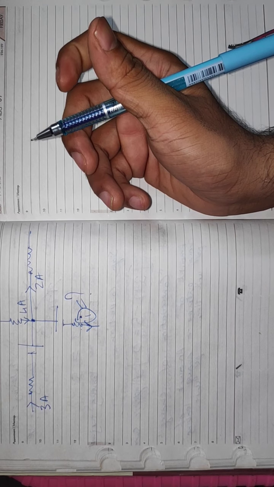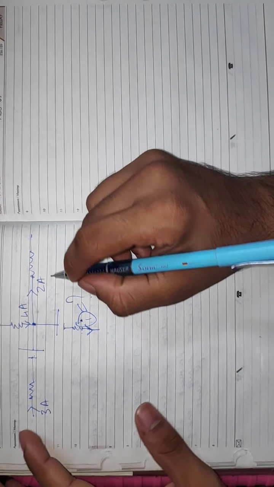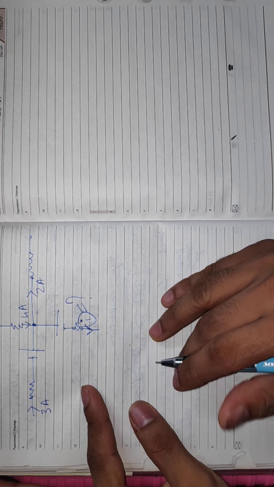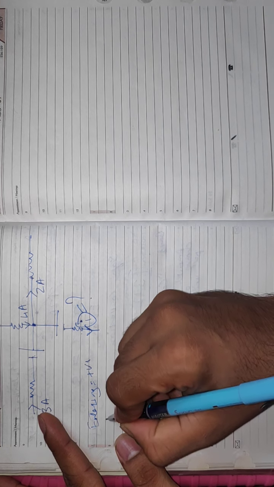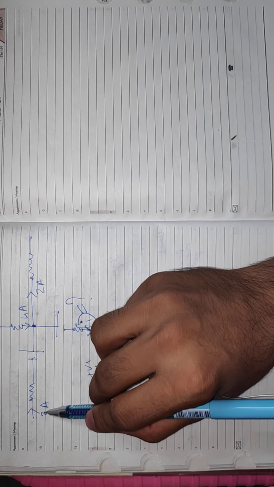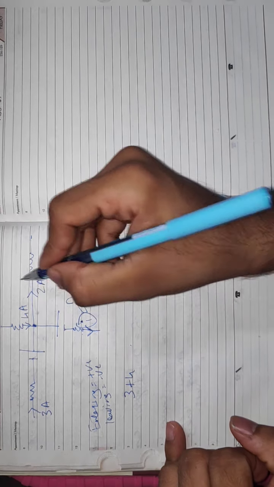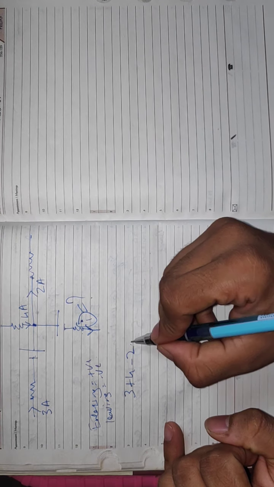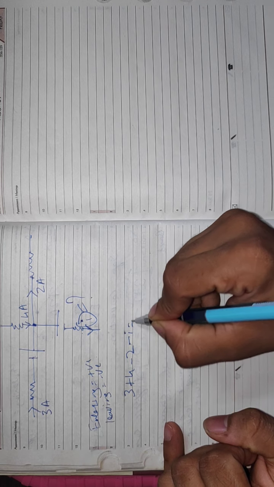So we can solve it using Kirchhoff's law. The amount of charge entering will be equal to the amount of charge leaving. Suppose we take entering charge as positive and leaving charge as negative. Here 3 is entering, so we'll take it positive. 4 is also entering, so we can take it positive. 2 is going away from the junction, so it will be negative. I is going away from the junction, so I will be negative.